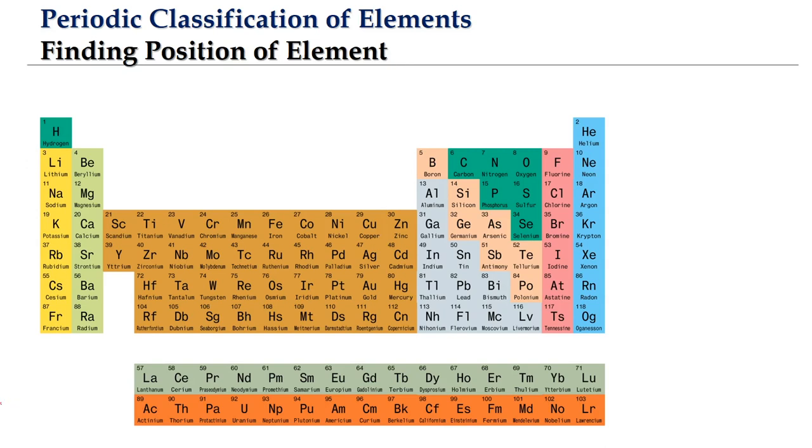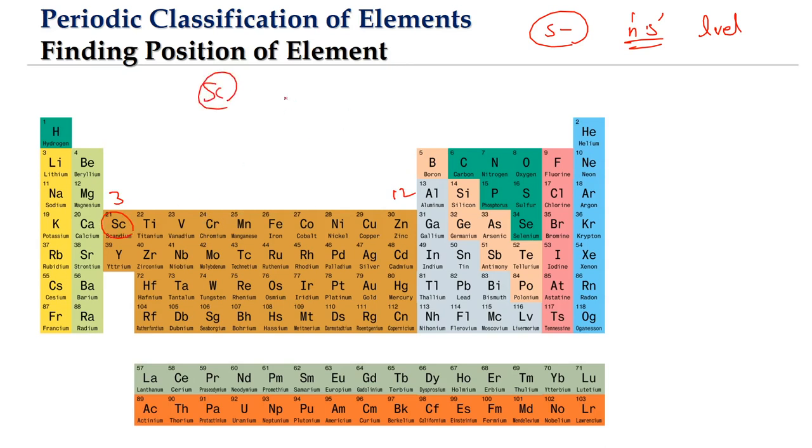So for the s block, I'll just write down the rules. So for the s block elements, we will have to count the electrons in the ns level. That will give us the group number. That is it. Now let us look at the d block, because first and second group are the s block. So d block will start from group 3 to group 12. If you pick up any element, let us say we will pick up scandium.